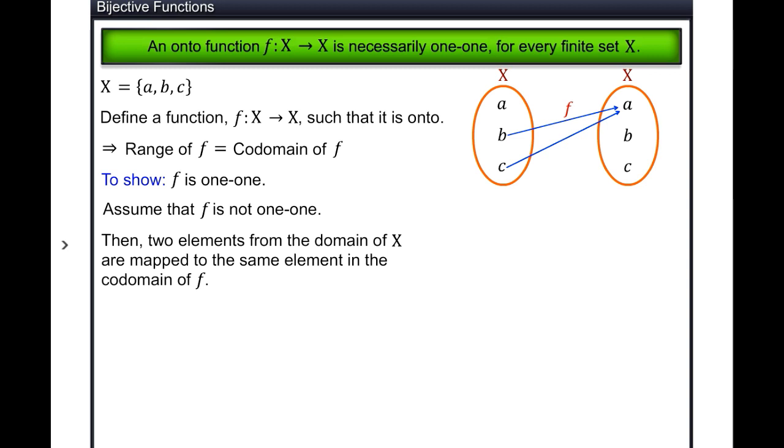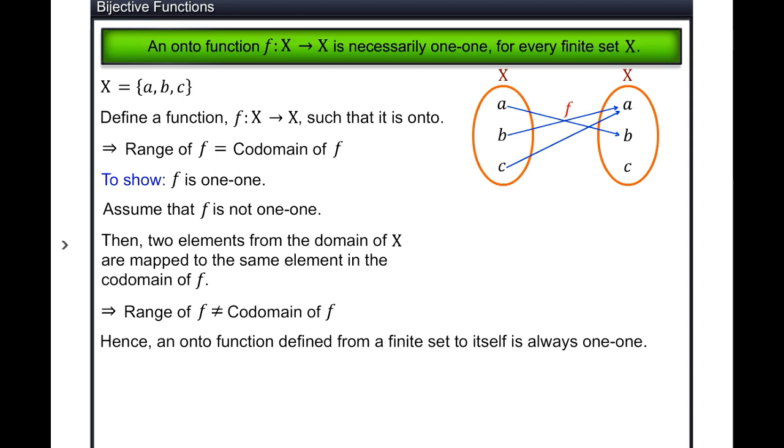Now, we are left with one more element a in the domain of f that can be mapped to any one of the remaining two elements in the codomain of f. Let a be mapped to b. This shows that the range of the function is not equal to the codomain of f. This is a contradiction to the fact that the range and the codomain of f are equal. Hence, an onto function defined from a finite set to itself is always